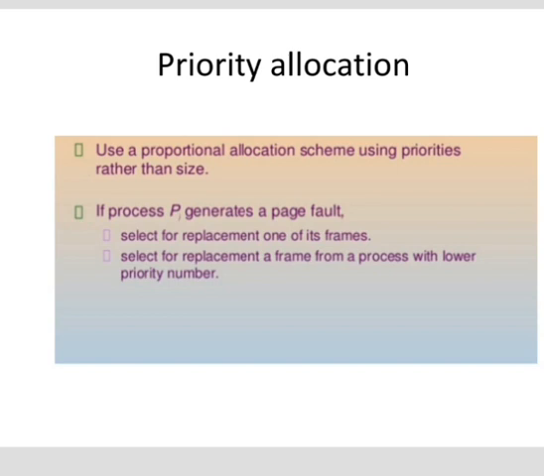The set of pages that a process is currently using is called the working set. If the entire working set of the process is in memory, then it will run quickly. The execution of the program follows the principle of locality of reference. Locality of reference says that during any phase of execution, the process references only a relatively small fraction of its pages. If the memory given to a process cannot hold the entire working set, then there will be too many page faults. So this will cause the process to run very slowly.